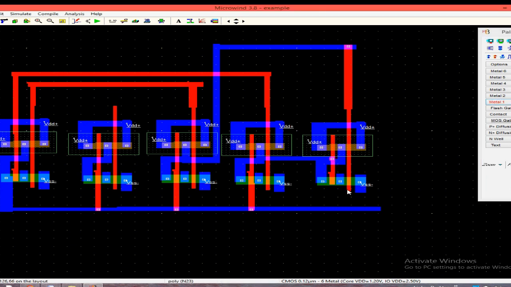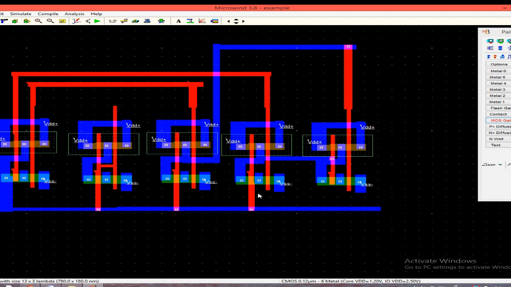So now the structure can be said to be properly connected, and I will verify it. These MOS gates must be connected,